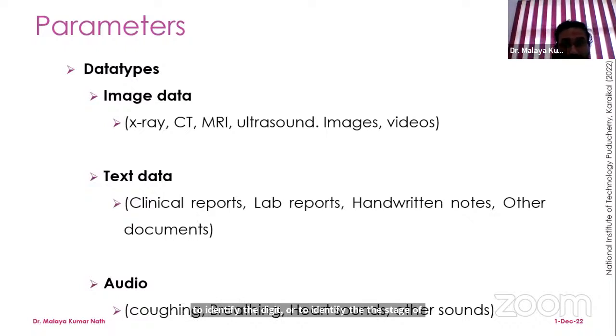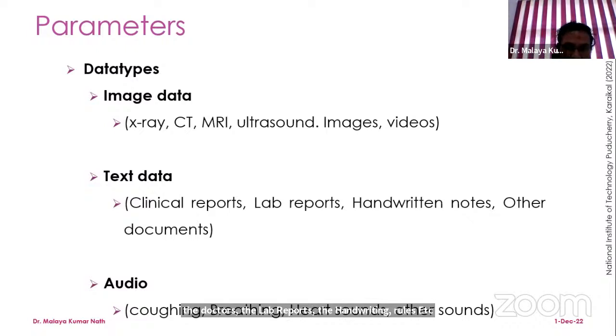Analysis by a human being is a very, very tough task, so it requires automatic feature extraction by deep learning. Whenever we are talking about image data, maybe the same patient is visiting different hospitals, so the data are distributed in different hospitals or different servers. In that case, blockchain plays a very vital role. As for text data, the clinical reports given by the doctors, the lab reports, the handwritten notes, etc., are numerous in nature.